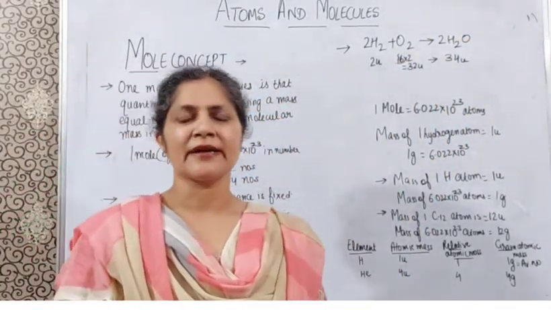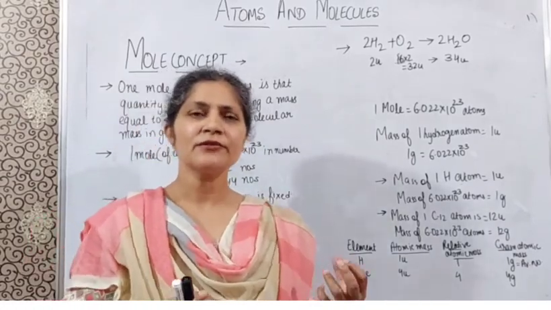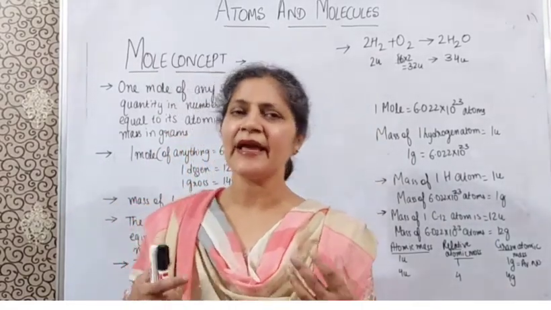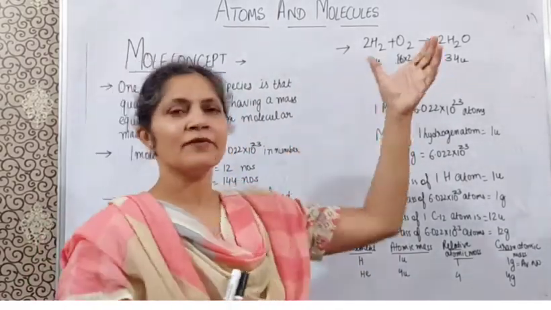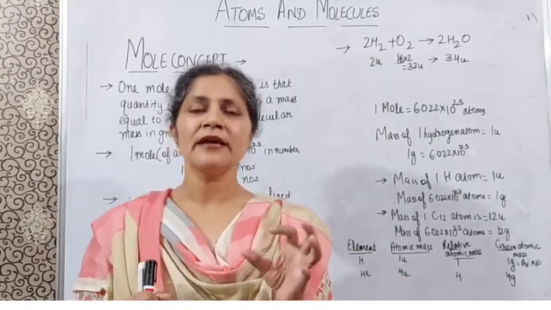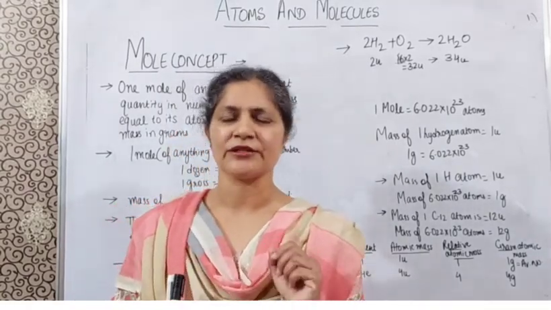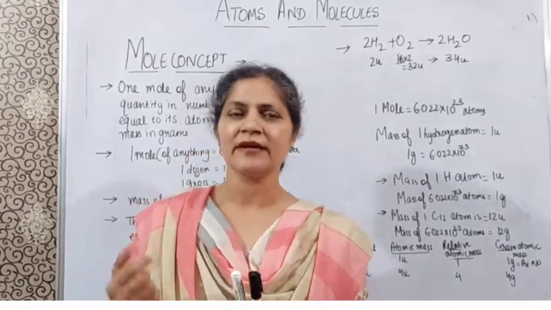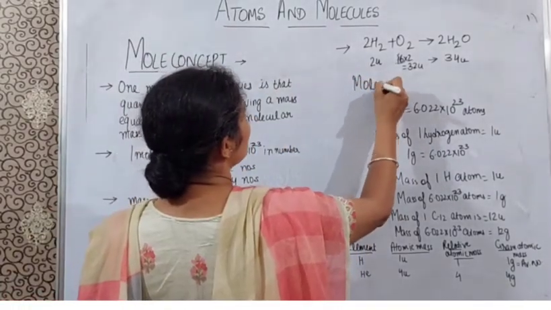So a chemical reaction always tells us about the quantity of a substance in relation to the masses or the number of atoms and molecules. But as we see in a chemical reaction, the number of molecules is very clear. So we find the quantity of a substance in relation to the number of molecules present in a chemical reaction. So for this, how can we calculate? The scientists gave the concept of the mole.